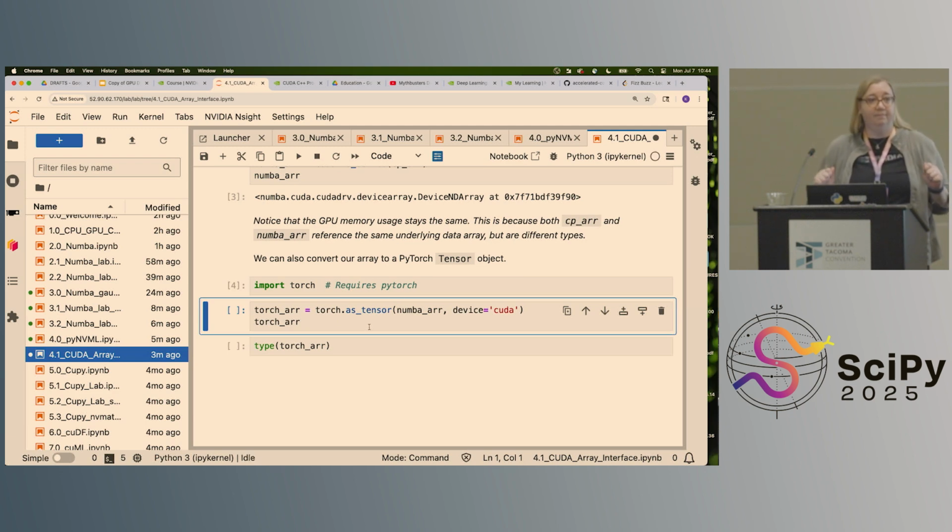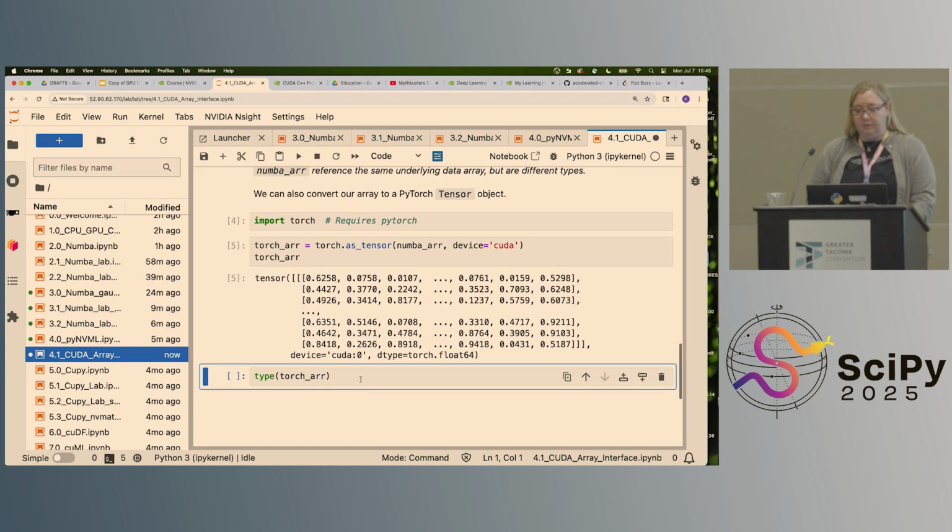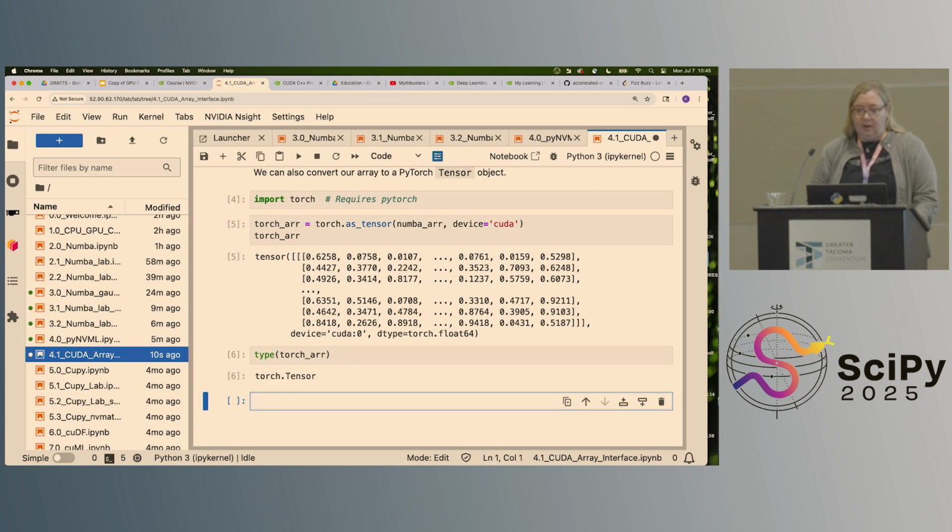Make sense? All right. So let's go ahead and take a look at CuPy. I'm going to try and go a little faster. Yeah, we're going to go through this one, then we're going to take a little break. So first, let's do our imports here. You'll notice that there's the CuPy